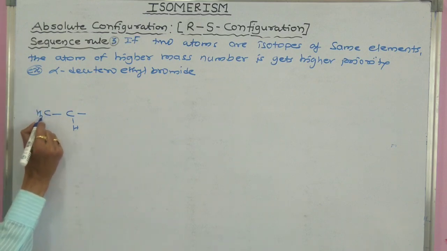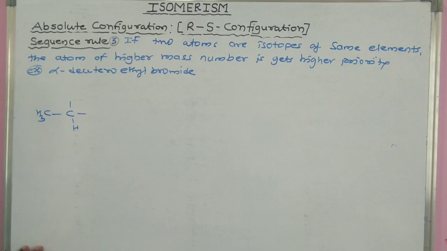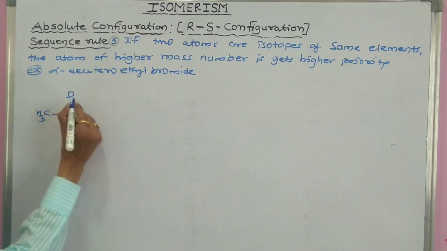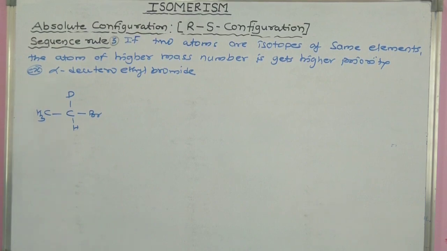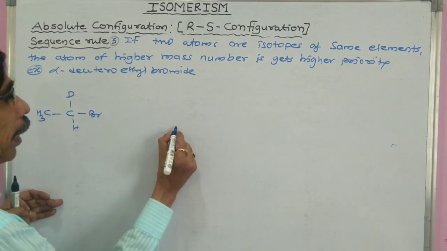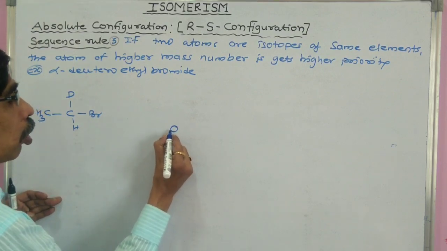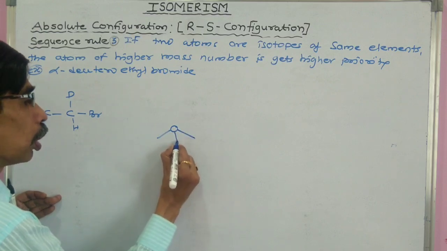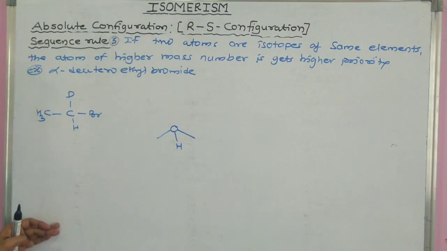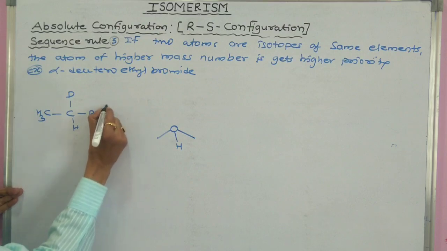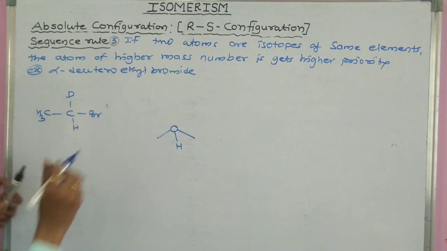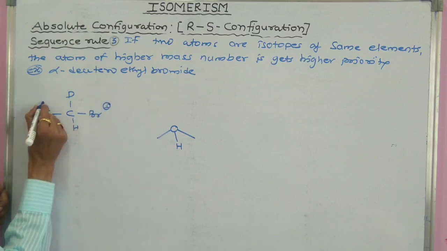So this is alpha deuteroethyl bromide. Now we can write this in the R and S configuration. Now this is the carbon atom. This is the lowest priority atom, away from us. Now we can decide the first priority of these atoms. Bromine is the first priority. First priority equals bromine. Second priority equals the methyl group.